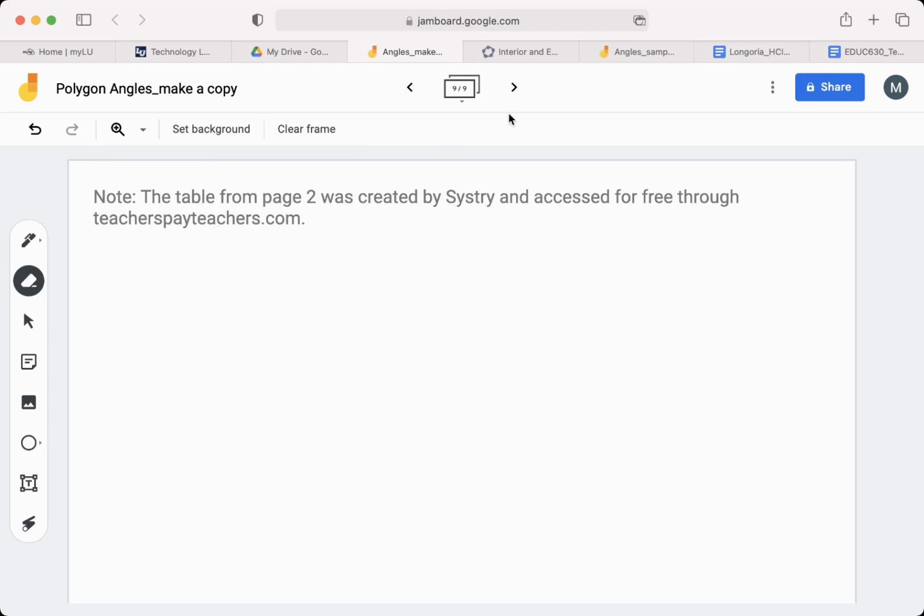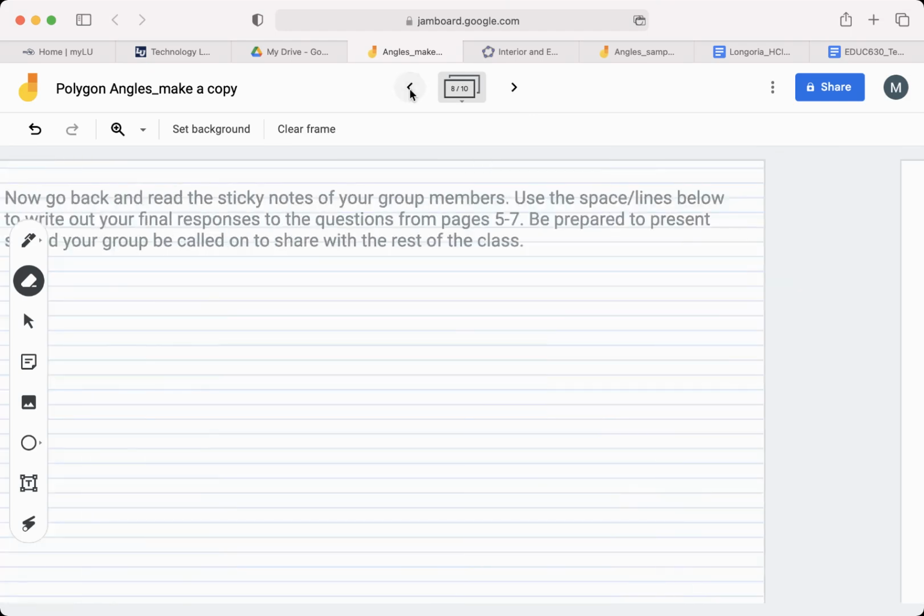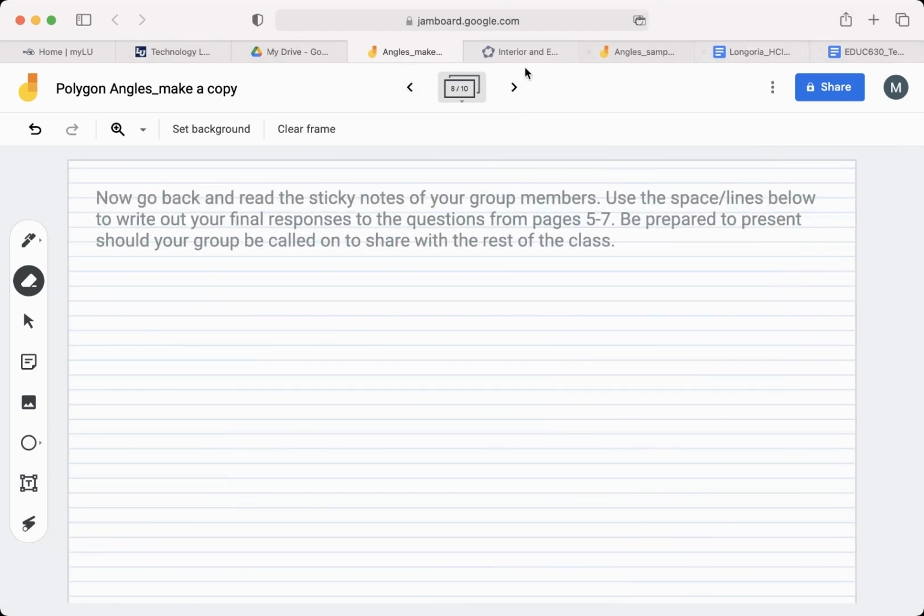And then this is just to show that the table was from Sistry. It's content that I found from Teachers Pay Teachers. And that is the activity. So I think